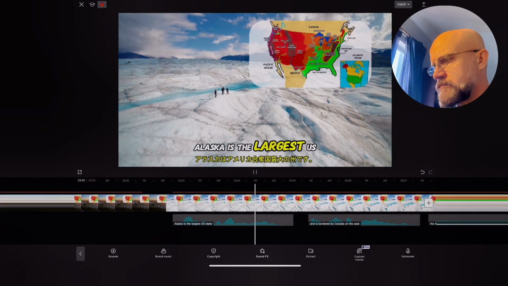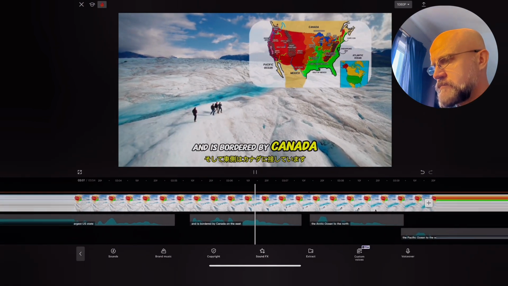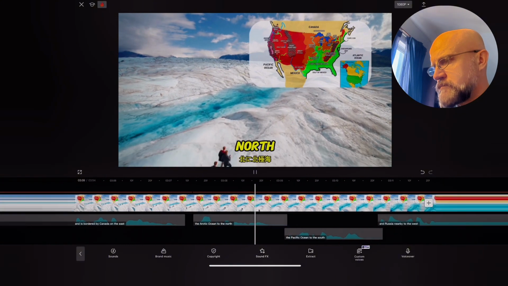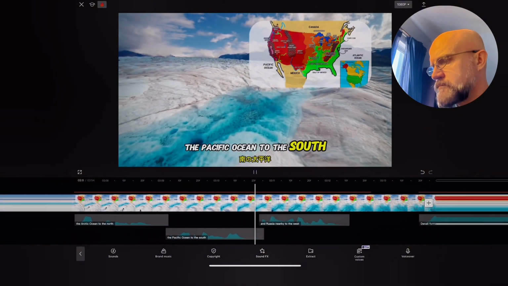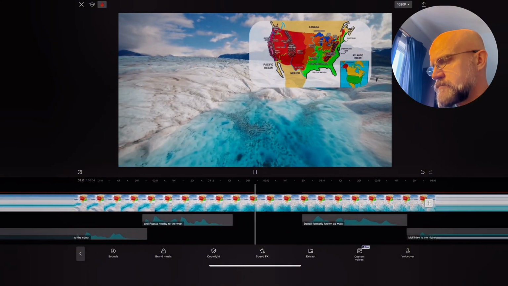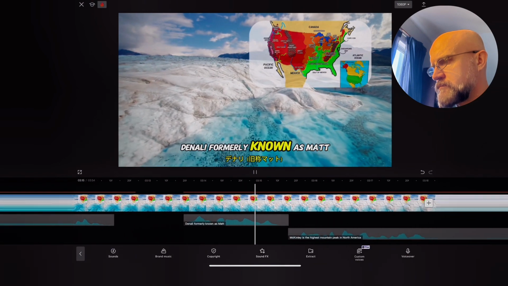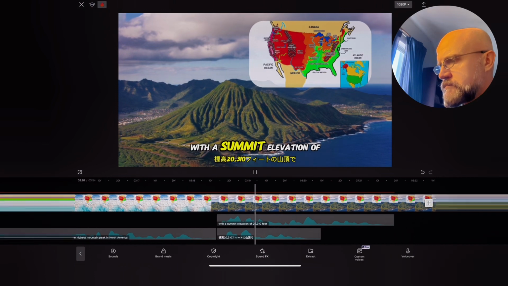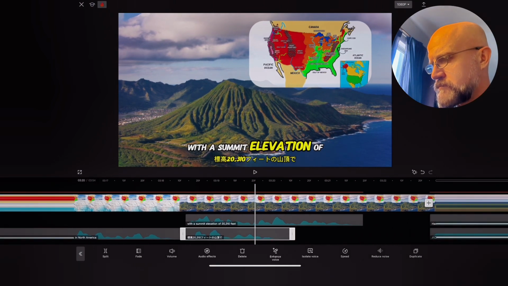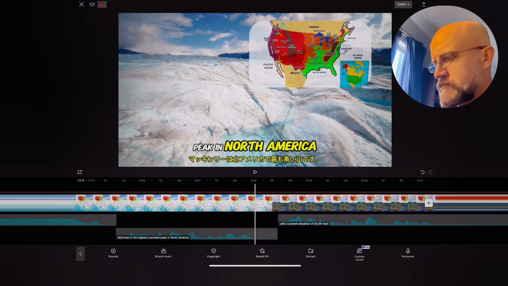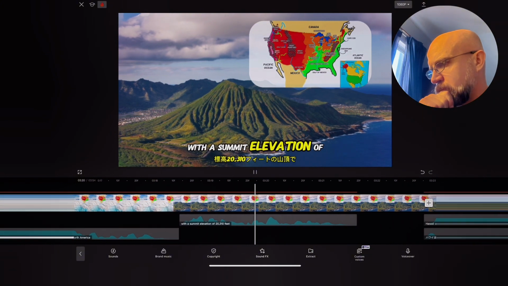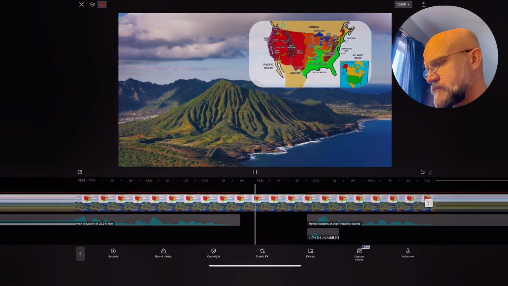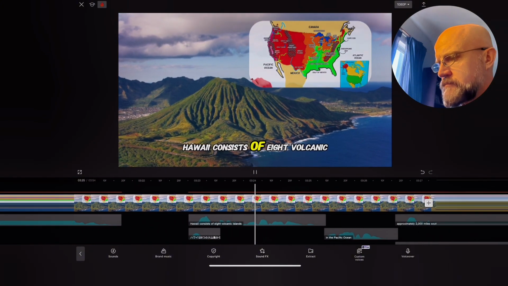Alaska is the largest U.S. state and is bordered by Canada on the east, the Arctic Ocean to the north, the Pacific Ocean to the south, and Russia nearby to the west. Denali, formerly known as Mount McKinley, is the highest mountain peak in North America, with a summit elevation of 20,310 feet. Hawaii consists of